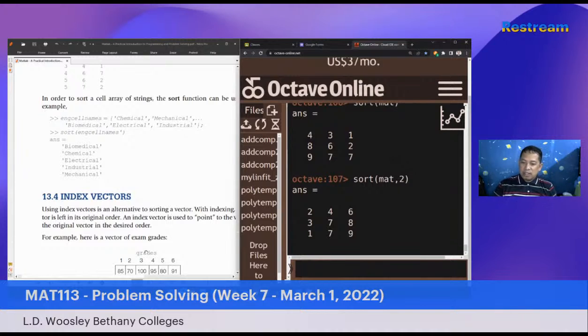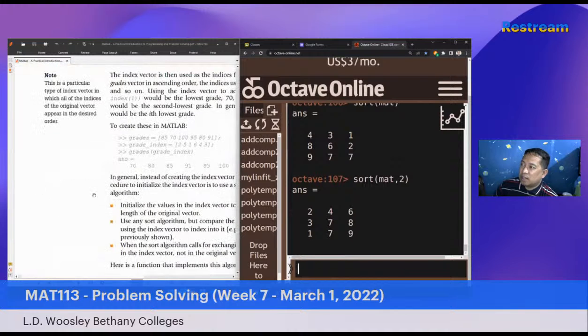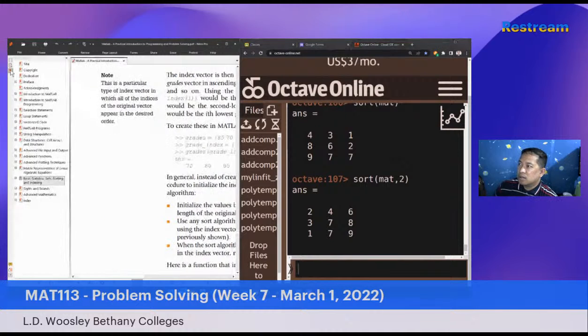Alright, we're almost done. Tapos na pala tayo. Yahoo. So hanggang dito lang tayo sa 13.3, no? So tapos na tayo. So by next week, I think we will be adding some more. So from here is statistics, set and sorting. So yung indexing, I will be assigning that as a reading for you.